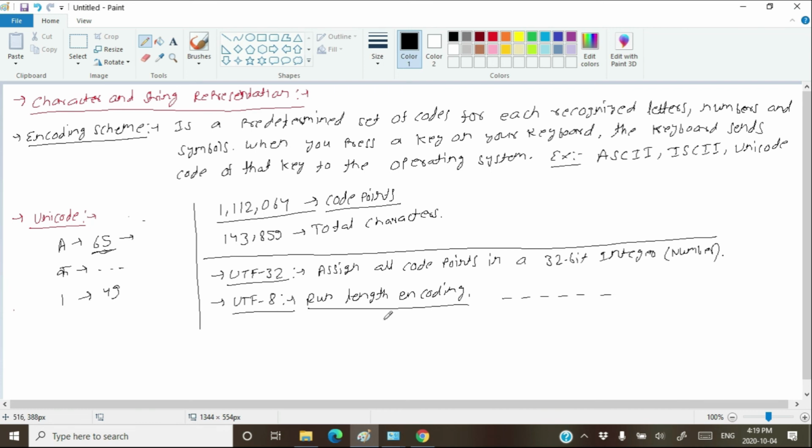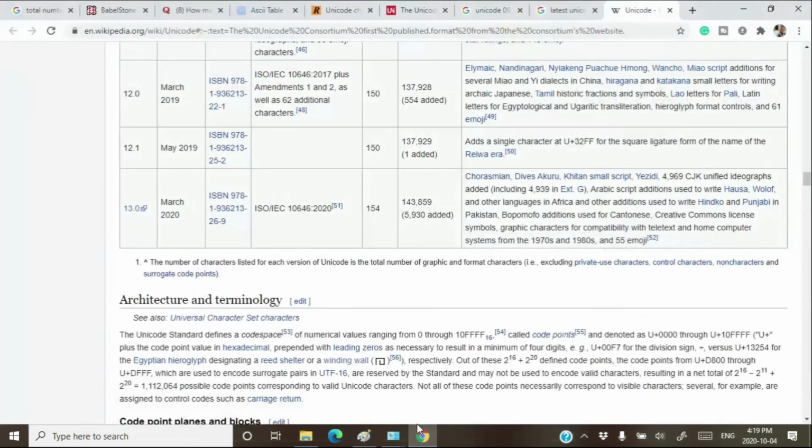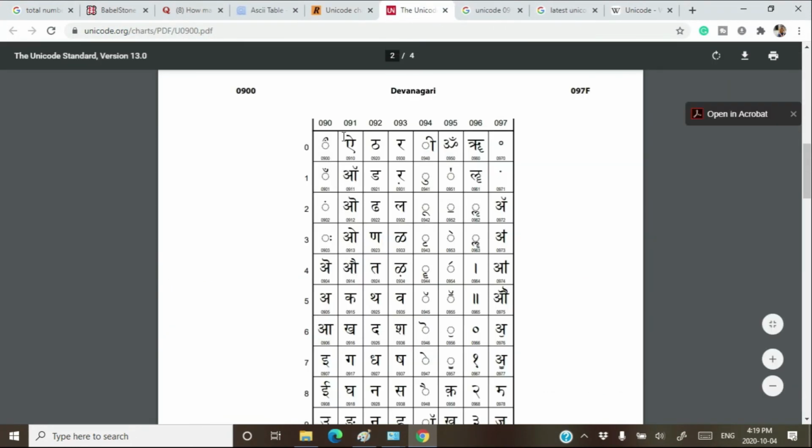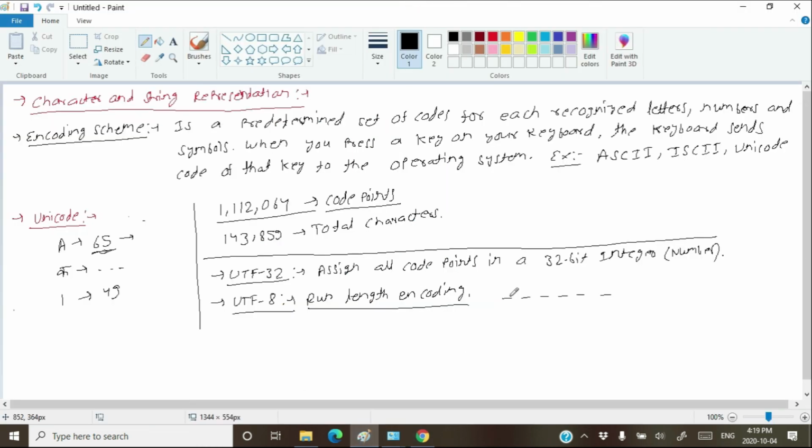But if you are using the Hindi character K, then you will have to represent its Unicode, that means the code point of K, as you have seen here. What was the code point of K? It was 0915. So if you have to represent K, you will have to write it in 3 bytes, because Hindi characters can be written in 3 bytes.